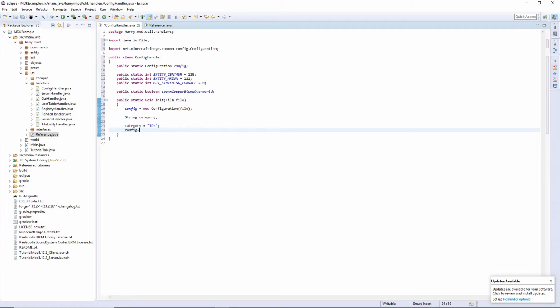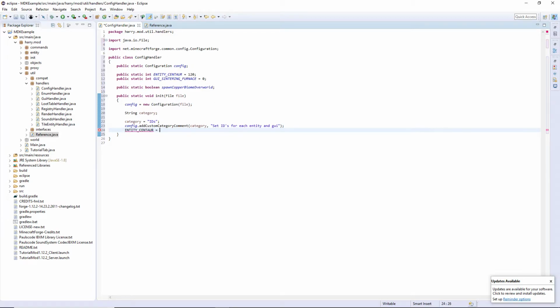So config.addCustomCategoryComment. You want the category and the comment. This will show up telling you about the category, such as set IDs for each entity and GUI. And then below this, we are actually going to set each category ID. So entityCentaur equals config.getInt. You want the string name, entityCentaurID. The category is category. The default value